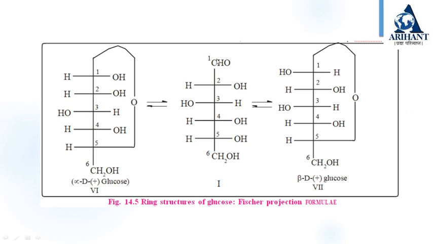This carbon has a partial positive charge, and the fifth carbon's oxygen, which has a lone pair of electrons, will attack this carbon atom. The hydrogen attaches to the oxygen of the double bond, the double bond breaks and converts into a single bond, and the oxygen on the fifth carbon connects directly to this first carbon. So we get this ring like structure.